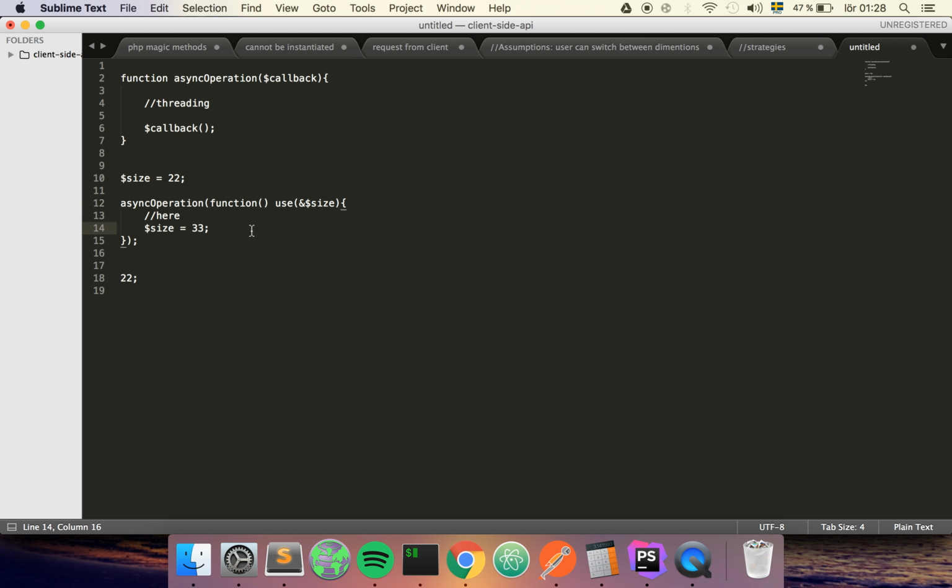So this will mean that if you modify it in here and give it another value, it's actually going to change outside the scope. And I don't really recommend that you do this unless you actually know what you're doing,